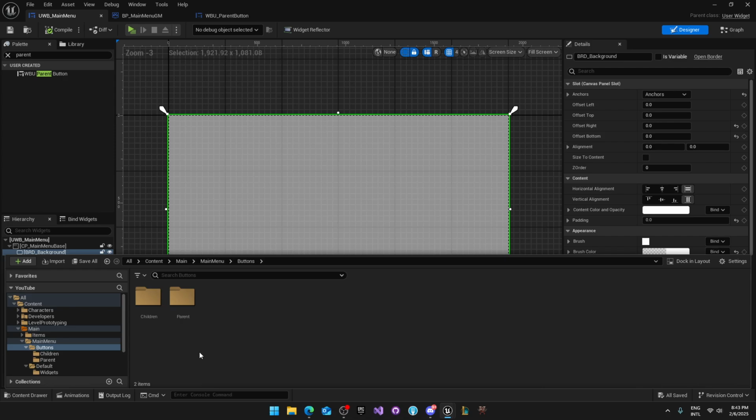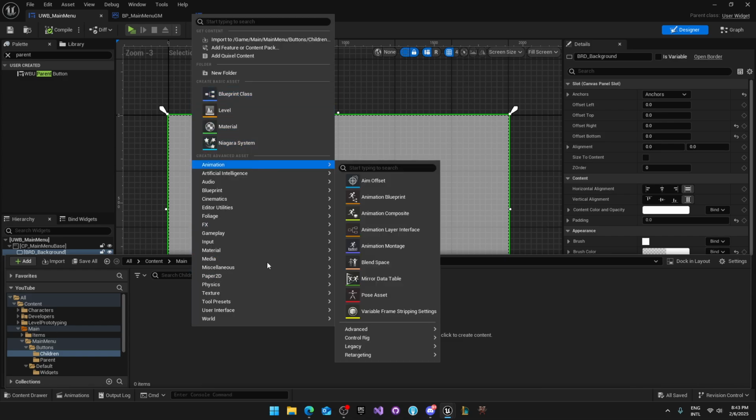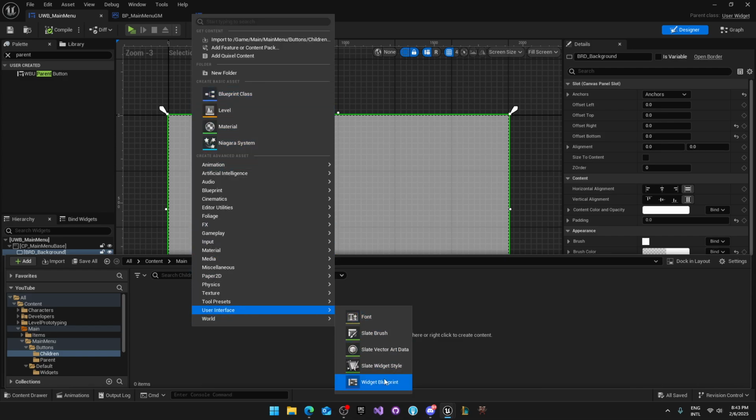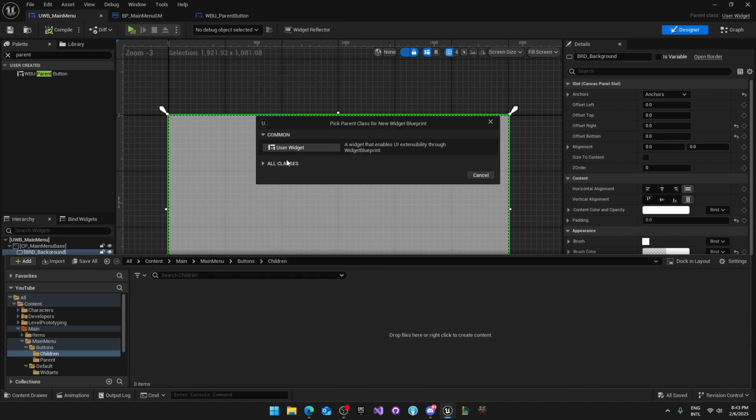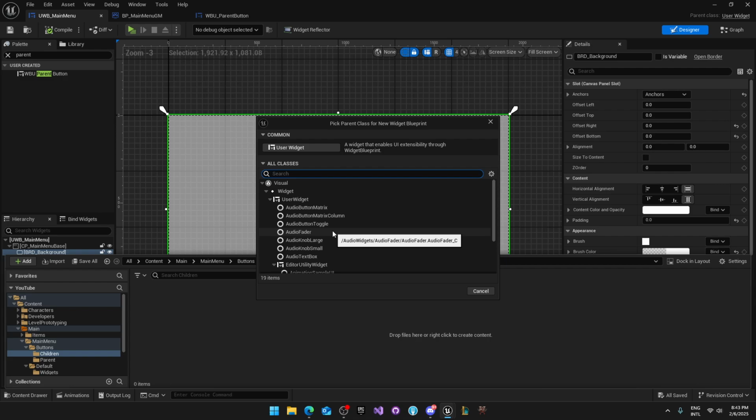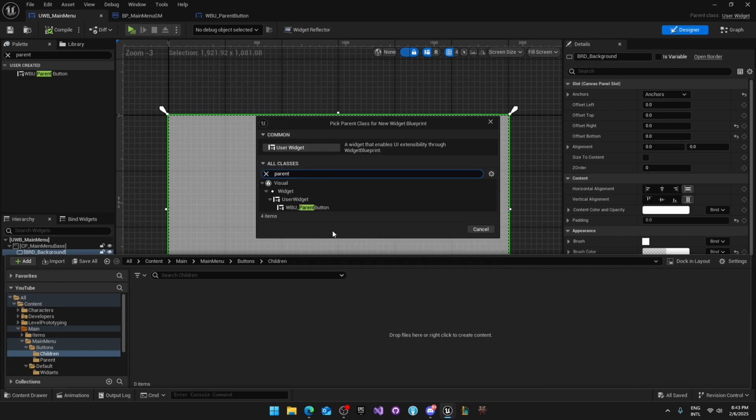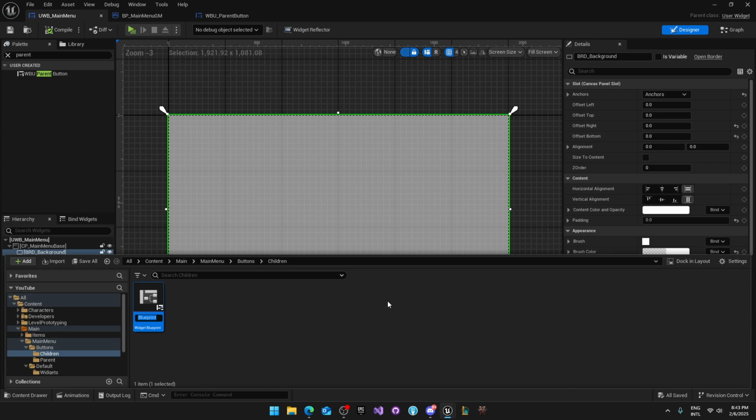So yeah, children. We're gonna open that up. I'm gonna right click, and I'm gonna create a new user interface, new blueprint widget. Now here is where it gets a little bit different, because creating a child in comparison to a normal blueprint is kind of a different process. So we're just going to click on all classes, and from here I can manually search for the parent button. And if I select this, it's going to create a child of that blueprint,